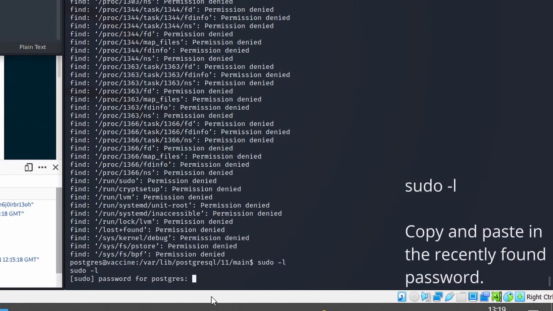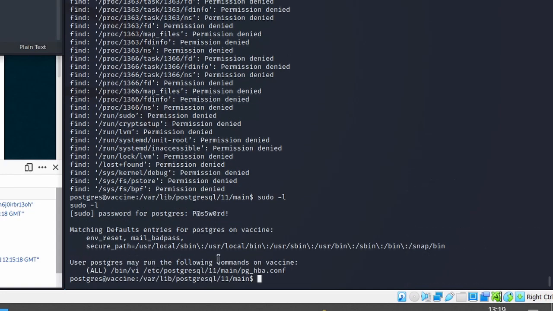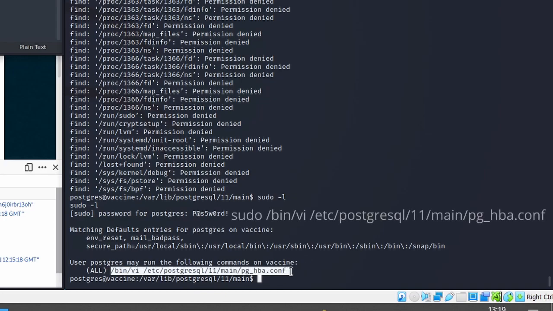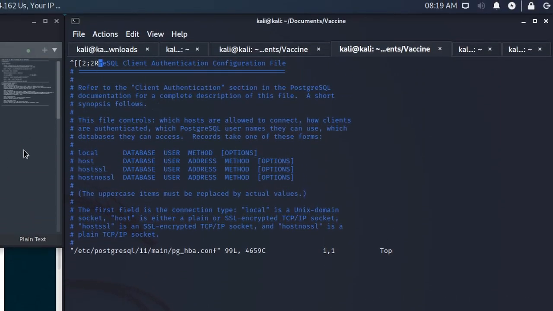So I was like, forget it, sudo -l, and then obviously we know the password thanks to that dashboard.php file. Type the password in, and here we go. User postgres may run the following commands: /usr/bin/vim, and then the real path location to open up. So we have permission to open up the pg_hba.conf file using vim, which is a text editor, a bit like Sublime. So we copy and paste in that command, vim, which will open up, and then the real path location to that